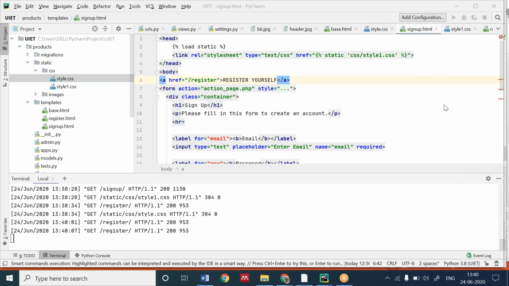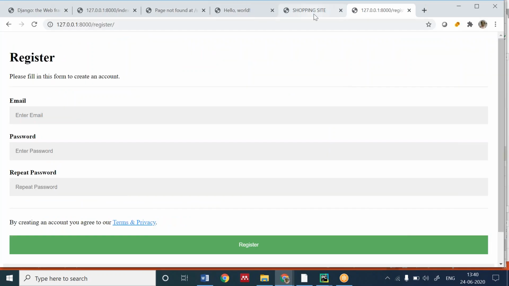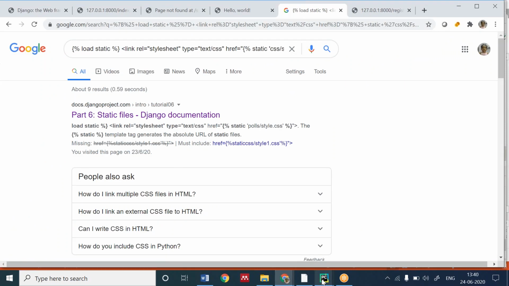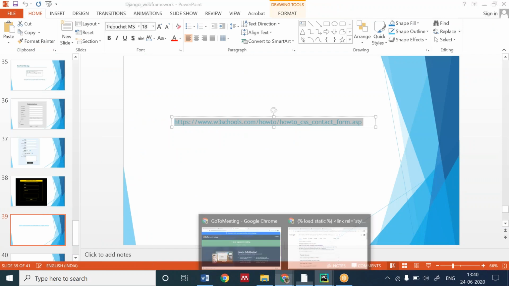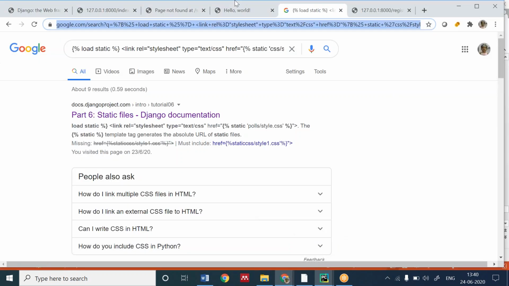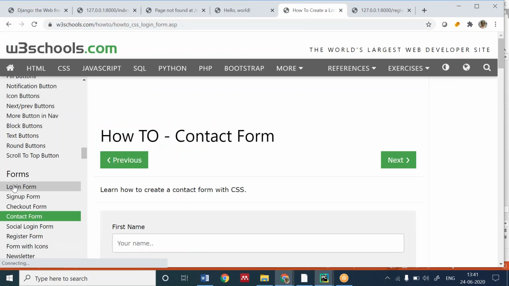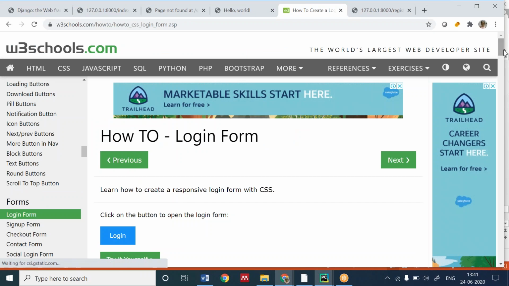Hope it's being clear to everyone. You can do it. I'm giving you time for the hyperlinking and the CSS sheet. From where you can get the CSS sheet, I'm telling you. You can have it from the internet, from anywhere. It's not the issue. But if you go to W3 Schools, there are different forms which are freely available, and the code is freely available.